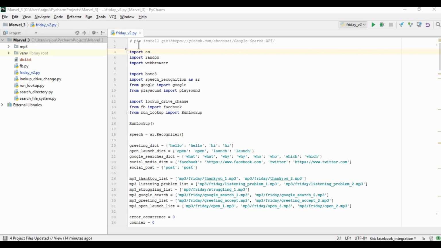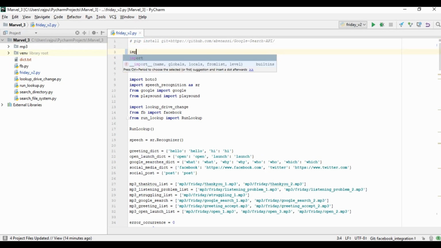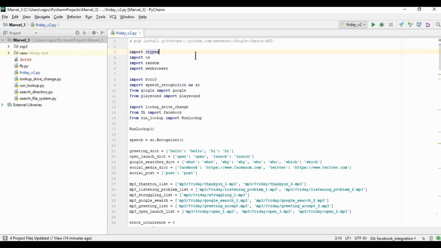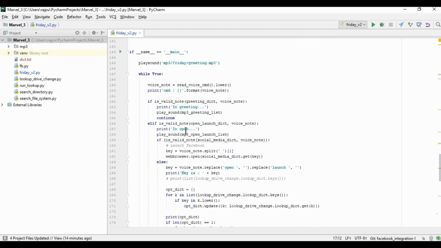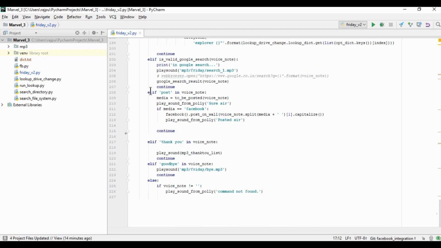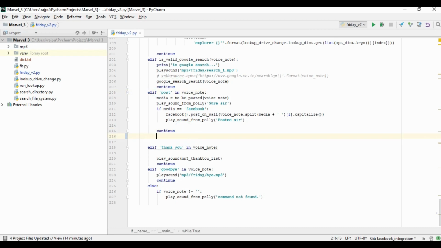So for that, I need to first import the ctypes module, and what it does is it has the capability to call the DLL files of Windows. So to do this, I need to create one more elif. Here I'll create an elif,